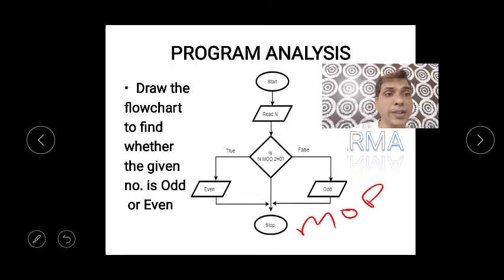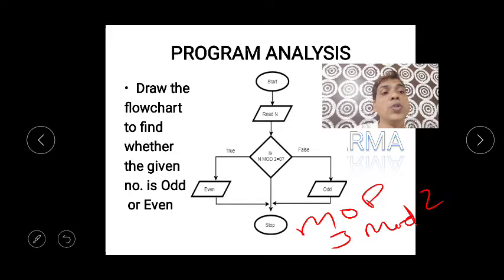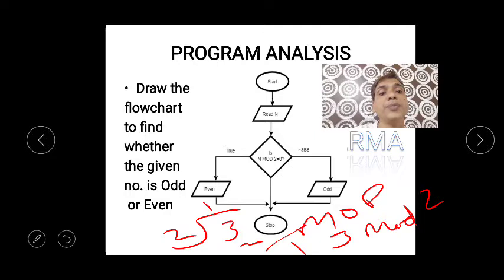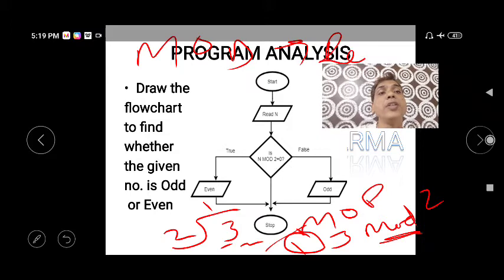Suppose the number is 3, and I write 3 mod 2. When you divide it, 2 ones are 2, so the remainder will be 1. So mod means remainder, and the remainder is your output.